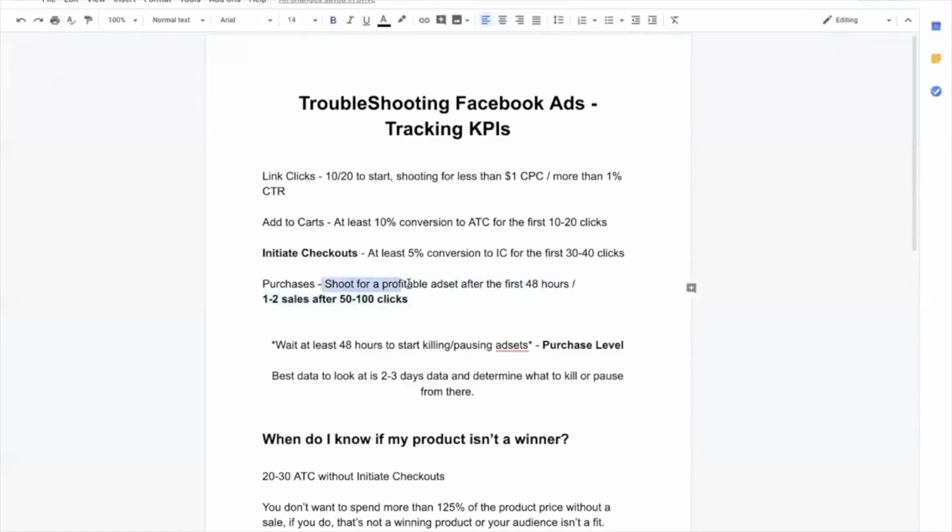So shoot for a profitable ad set after the first 48 hours, and then you want to get 1 to 2 sales after 50 to 100 clicks. That's the goal, with purchases, not initiated checkouts, not add to carts, not link clicks. You want to get at least, and I'm going to write these numbers, 1 to 2